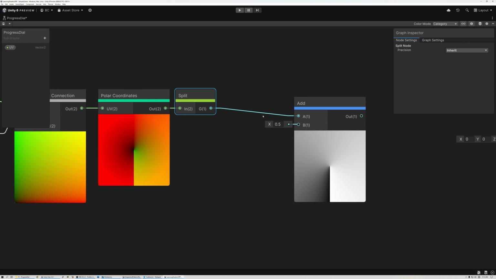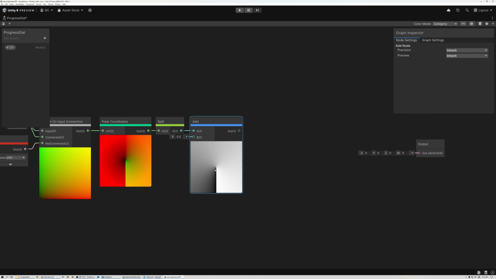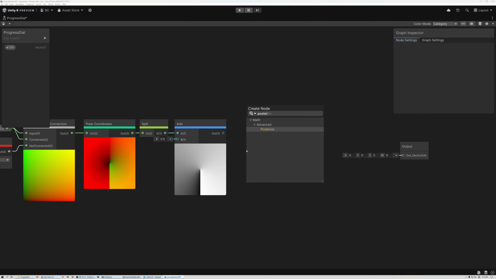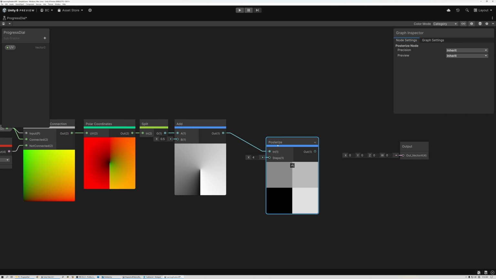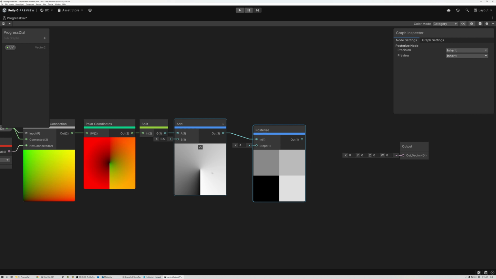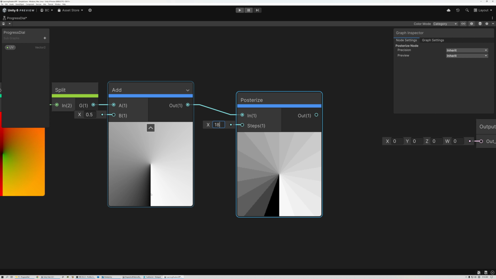The next thing that we need to do is divide this gradient up into segments. And in order to do that, I'm going to add a posterize node. And what this node does, it's really easy to see. It takes a gradient like this and splits it up into segments. And you can see segments here is called steps. And I actually want 18 steps, so I'm just going to type 18. And now you can see that this nice smooth range going around our circle is actually split up into 18